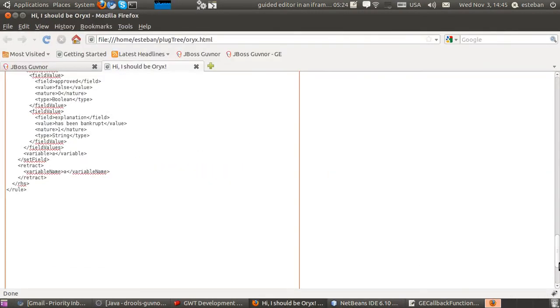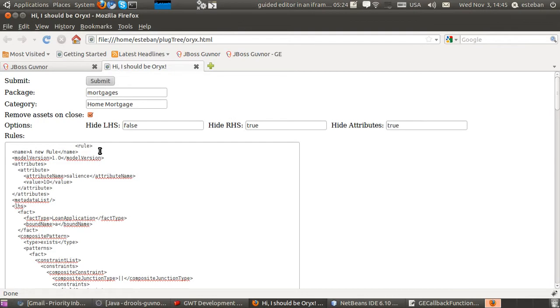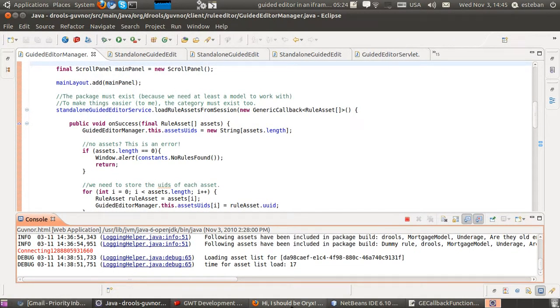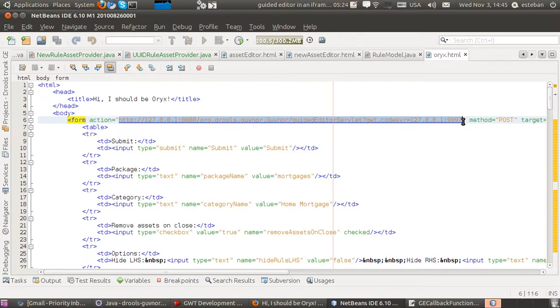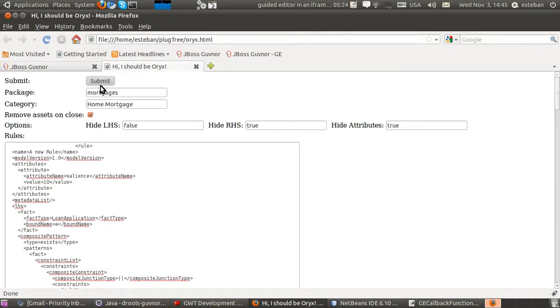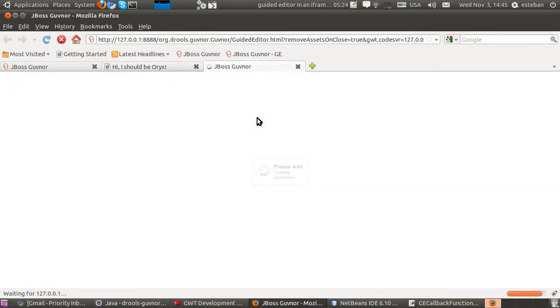The submit button performs a submit to this URL. You need to have Governor running in the same application server where your application is deployed. We are going to access this servlet, guided editor servlet. This servlet will pass the request and show the guided editor. So when we submit the form,